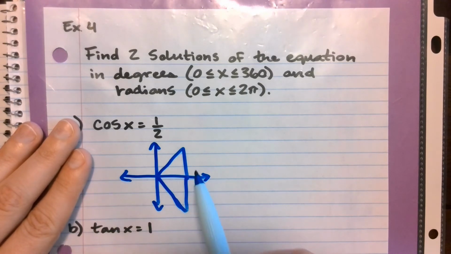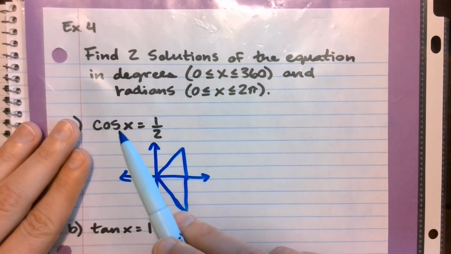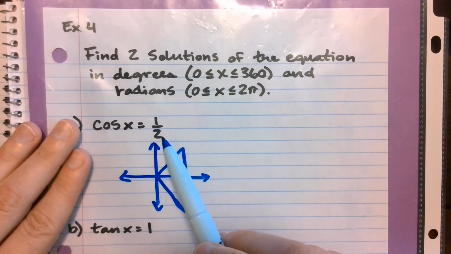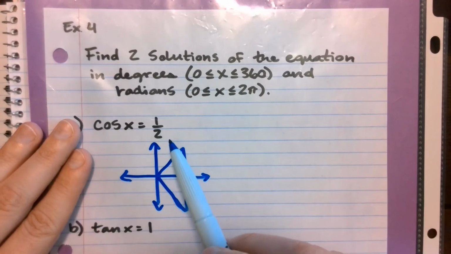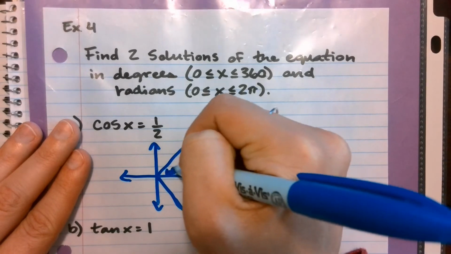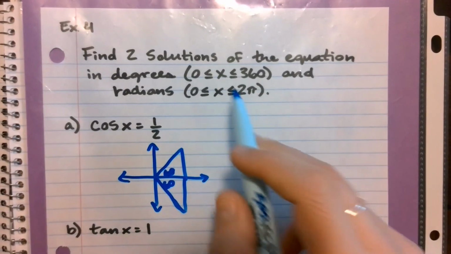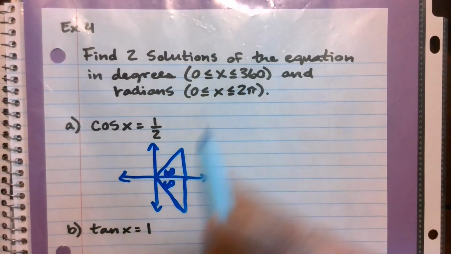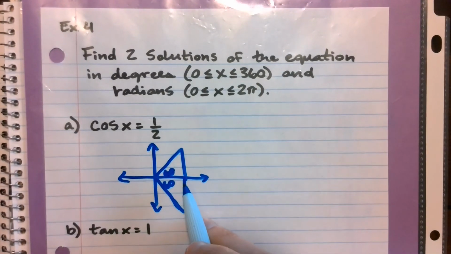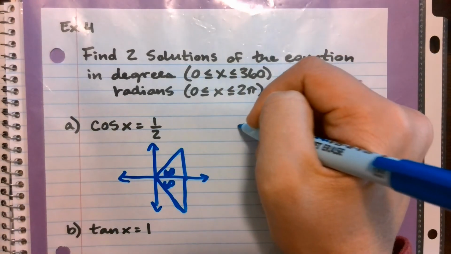From here, I've got to rely on my memorized first quadrant. Cosine of theta is equal to 1/2, and I would need to know that that happens at pi over 3 or 60 degrees. So if I want to go ahead and put 60 degrees right here, remember that I'm staying in between 0 and 360, so I'm not allowed to say that this angle is negative 60 degrees, but I can go the other way around, and I want to stop at that terminal side. So I'm going to have a 60 degree angle,